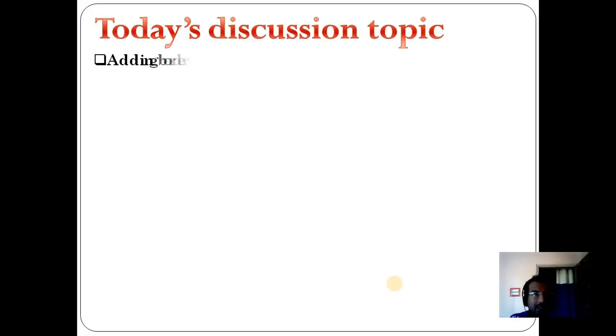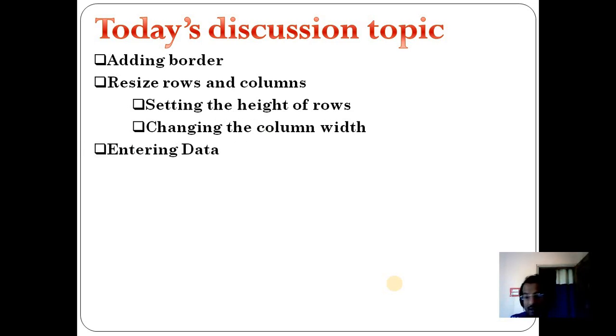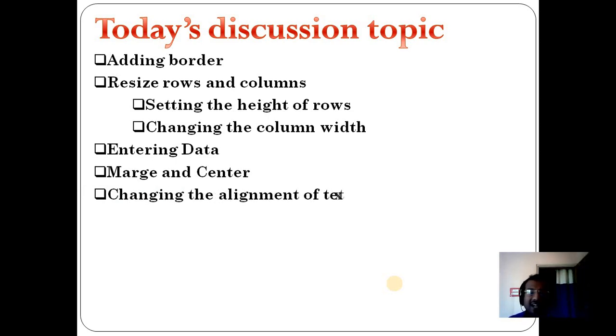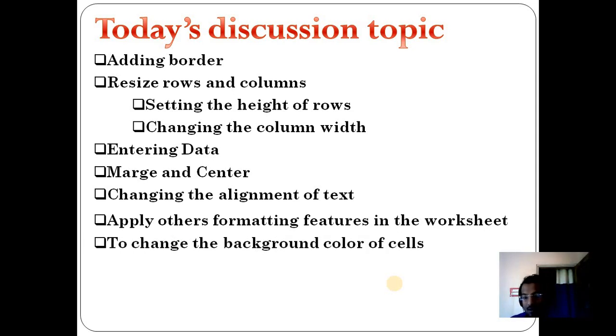So let's discuss today's topic: adding borders, resizing rows and columns, setting the heights of rows, changing the column width, entering data in a worksheet, merge and center, which is a very useful option, changing the alignment of the text, applying other formatting features in the worksheet, and lastly, changing the background color of cells. We will apply these things in Excel.